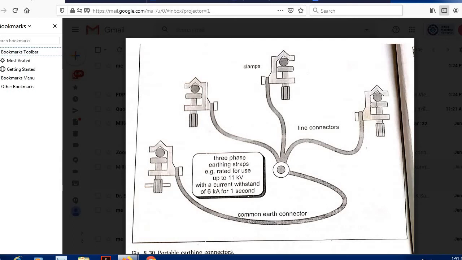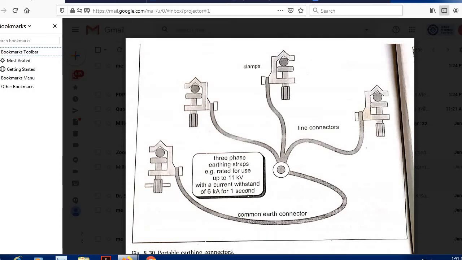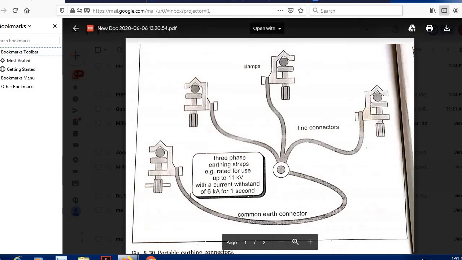So when it is connected to the phases, if accidentally it gets charged, since it is connected to the ground, the potential is 0. So you will be protected. That is why this has to be there. Now, to take out the probe after measuring, again we will have to connect these 3 straps. Then with the long insulated handle we'll take out the probe, and then we'll take these 3 out like this.